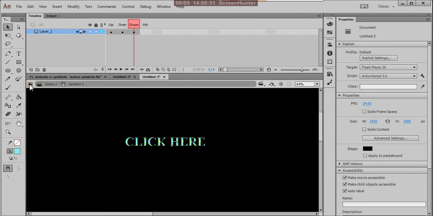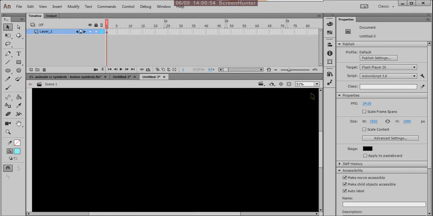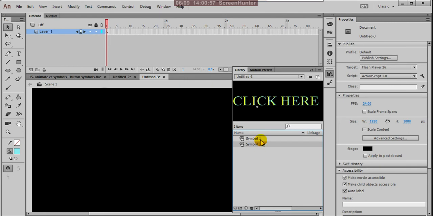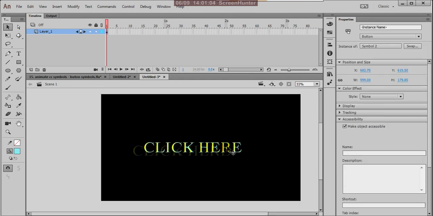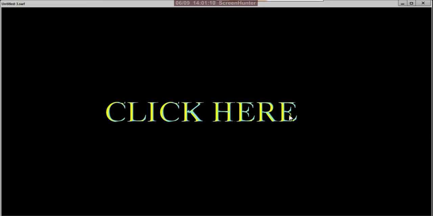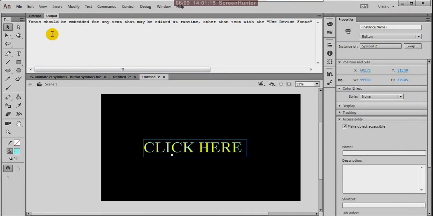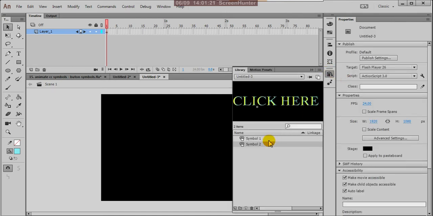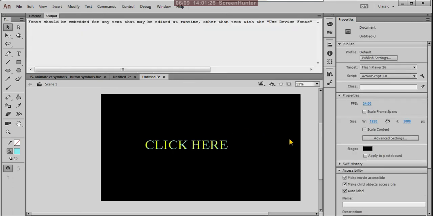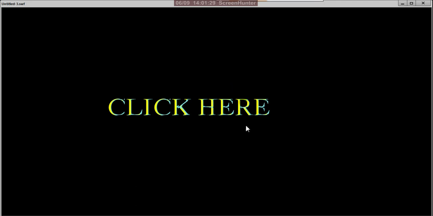Now press on this arrow mark, okay, and find your symbol from the library. Make it control enter. Now you'll understand this. It is not coming. What happened to this? I think this is not our symbol. I think this is control enter. Even this is also not working.